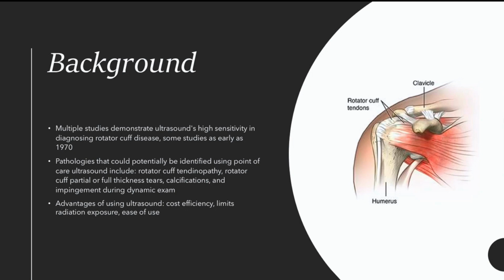There have been studies going back to as early as the 1970s. The potential pathologies that could be identified using ultrasound alone include tendinopathies, rotator cuff tears, partial and full thickness, calcifications in the tendon itself, and impingement if you were to do the exam dynamically. The advantages of using ultrasound, of course, are cost, efficiency, limitation of radiation exposure, and ease of use in the inpatient and outpatient